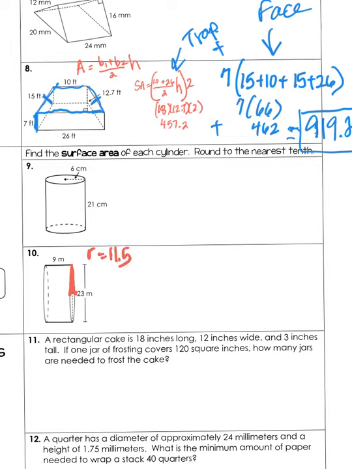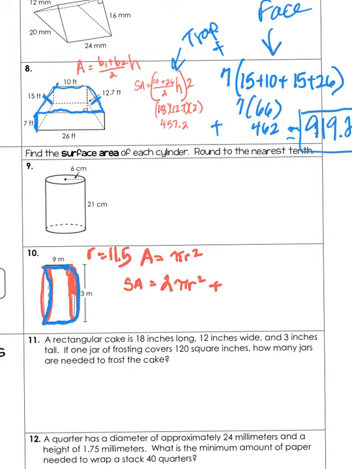I'm going to change the thickness of my pencil. So we have this part of a circle and this circle. So we have two circles. And the area of a circle is pi r squared. But we have two of them, so for surface area, we are going to do 2 pi r squared plus this piece. I'm going to change colors, just like magic. Oh, it's magic. So here, this piece,